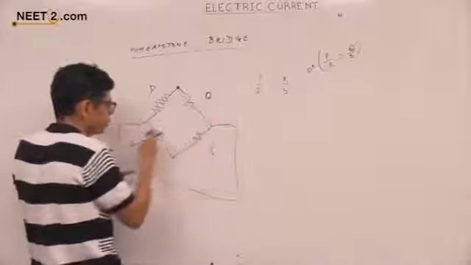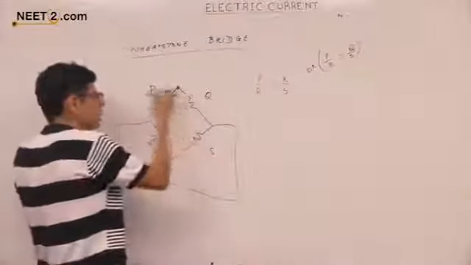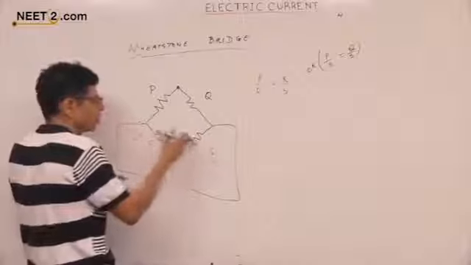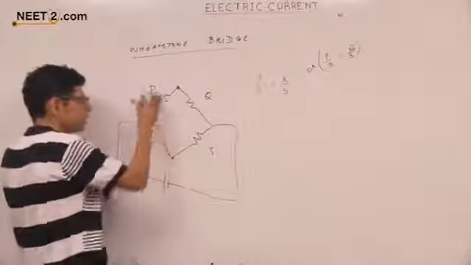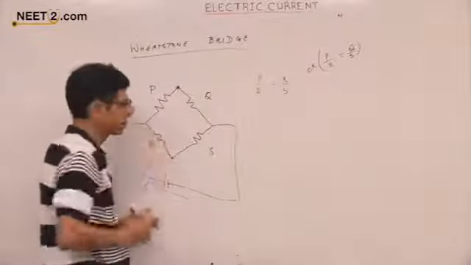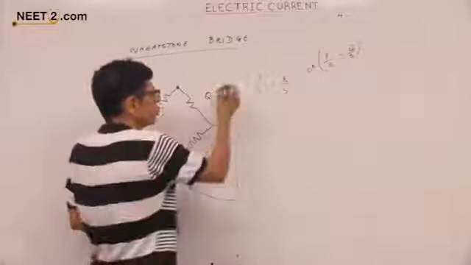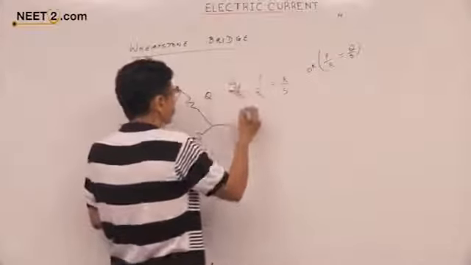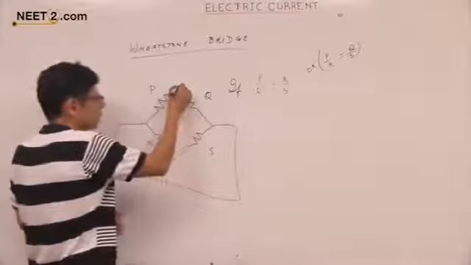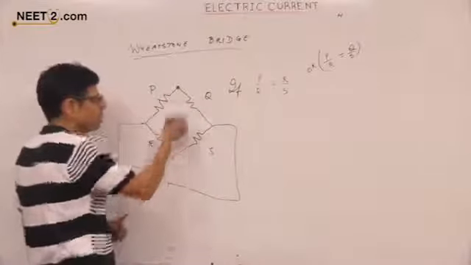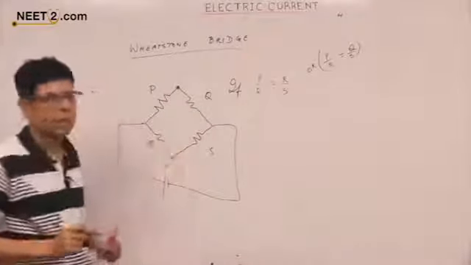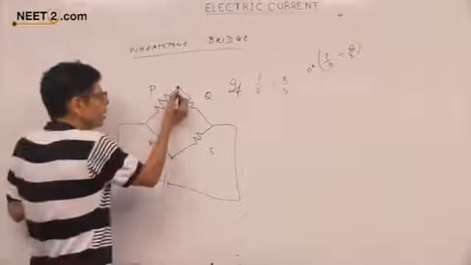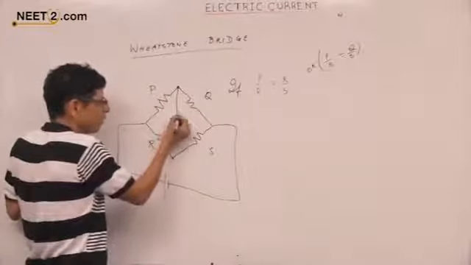This by this is equal to this by this, or this by this is equal to this by this, similar ones, so do any of these. So if this is true, the potential difference between this point and this point would be 0, because these 2 points would be equipotential. So if you connect a galvanometer here,